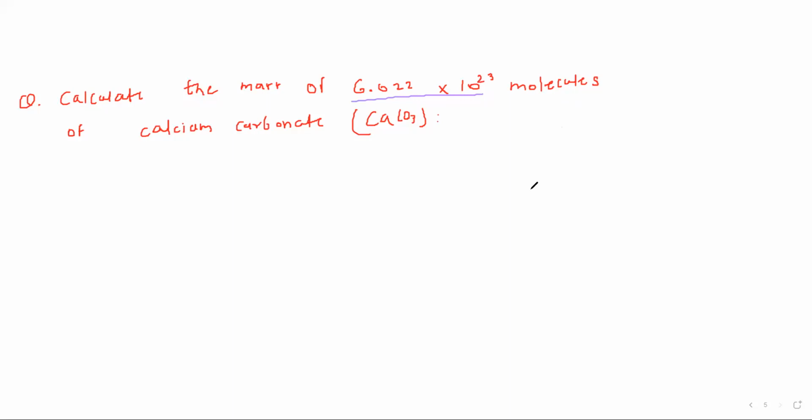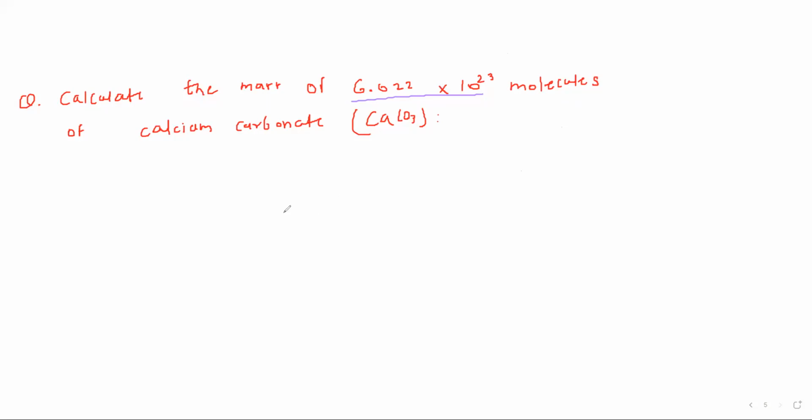Divided by Avogadro's number. Fine. Okay, Jayant, what is your thinking? How can you solve it? Tell me, how can you approach this sum? Yes, Jayant, 100 gram, exactly. Renu, exactly correct. Renu got the answer.